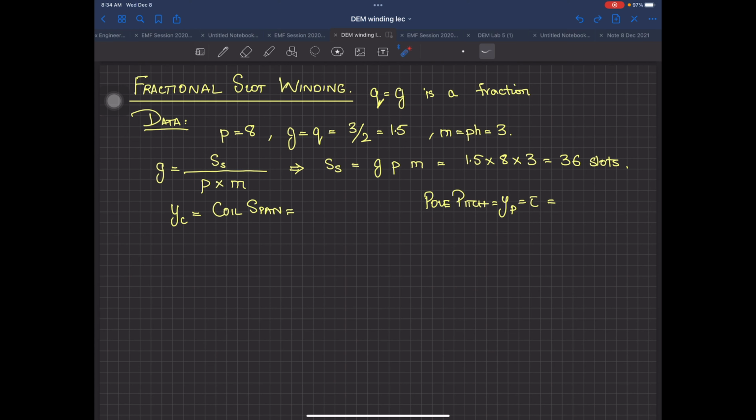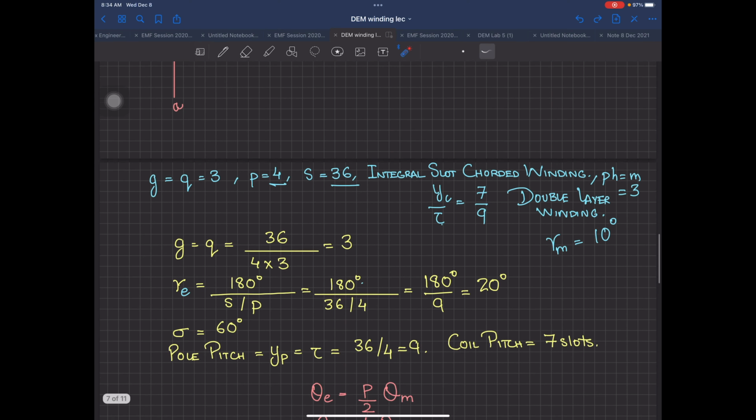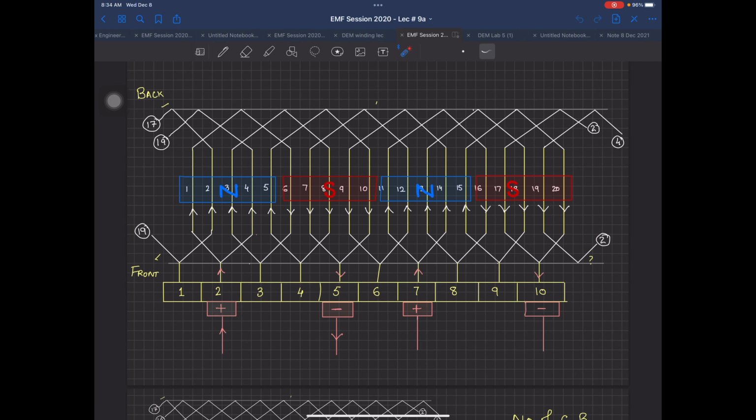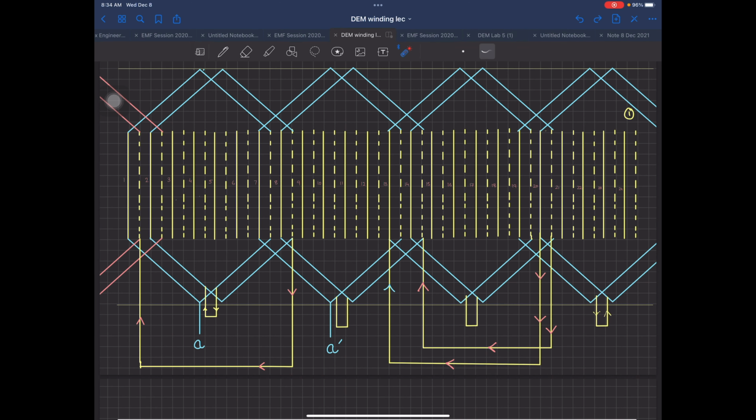Now what was pole pitch? If I take you back to your previous lectures, we have not drawn the poles over there. What is the reason for that? Can anyone tell me why I have not drawn the poles? In DC machines, if you remember the winding we did in the last lecture, we drew poles there. But in these AC machines we are not drawing poles. They are fictitious poles first of all, and they are revolving. Okay? Previously, north and south were fixed and the machine was rotating in a DC machine. Here, the poles are rotating, and they are being produced by this winding.